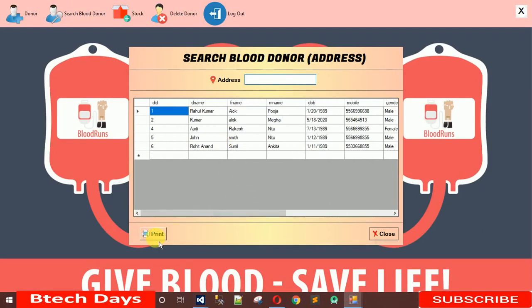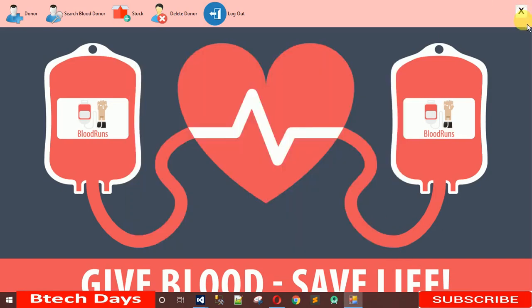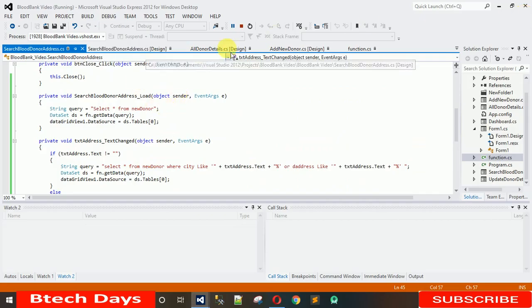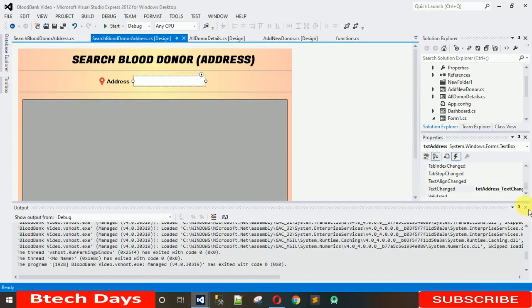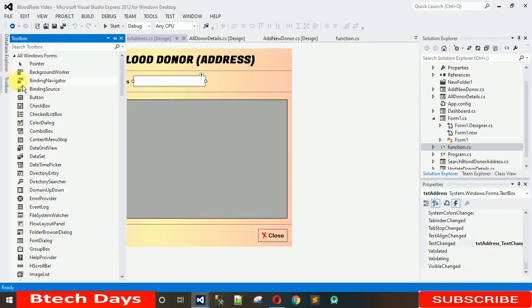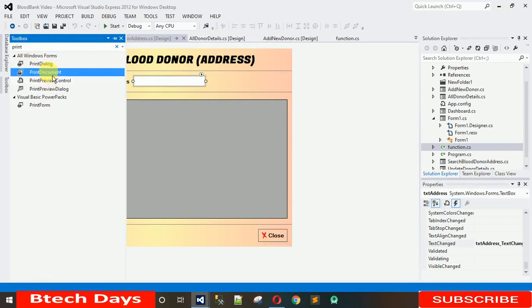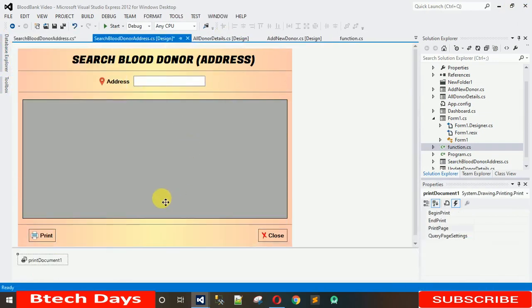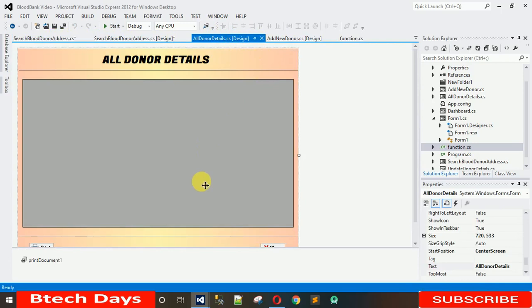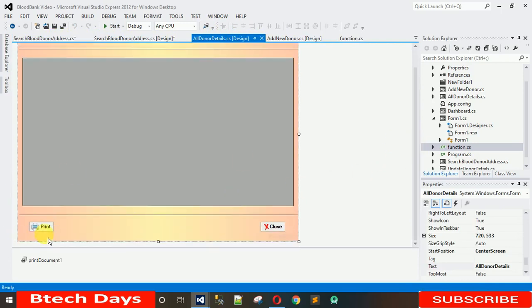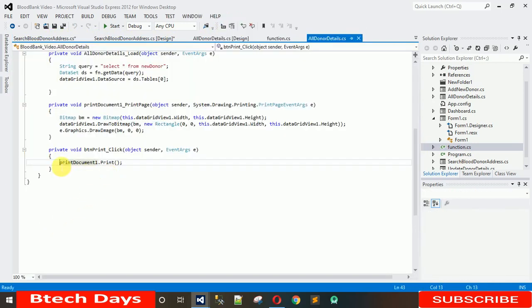So now we are left with one step, that is print. In the previous video I have already shown you how to code for that, so I'm just going to copy and paste that code, so don't worry about that. First, go to the toolbox and search for print. Here you can find the print document, just drag and drop it over here, and after this we have to copy that code. Let me show you, here you can see all donor detail in the print button. We have to just copy this line of code